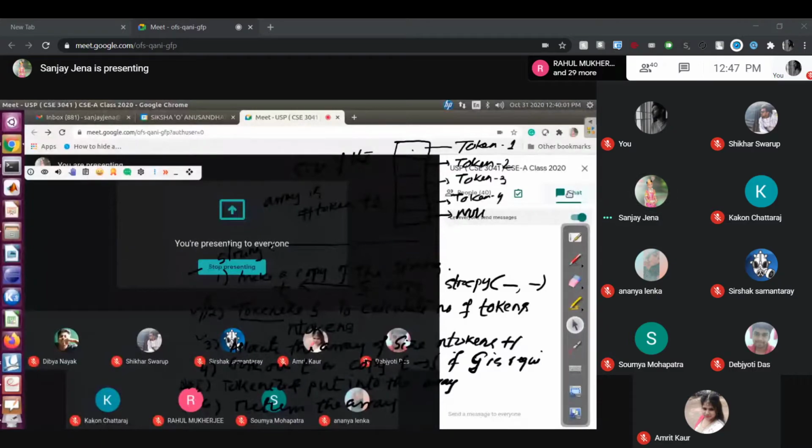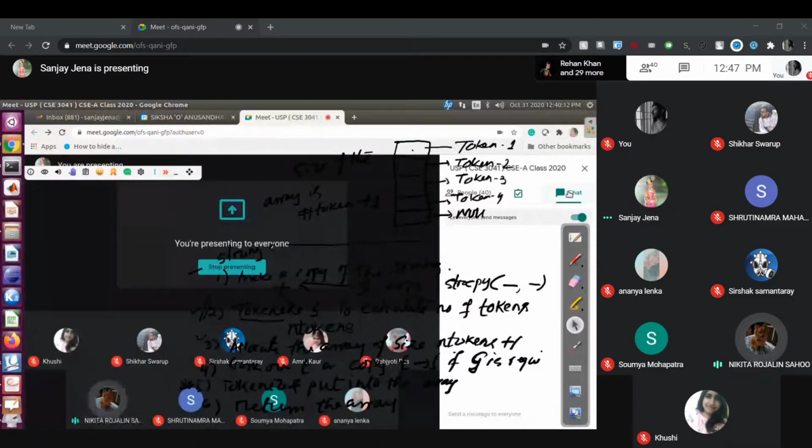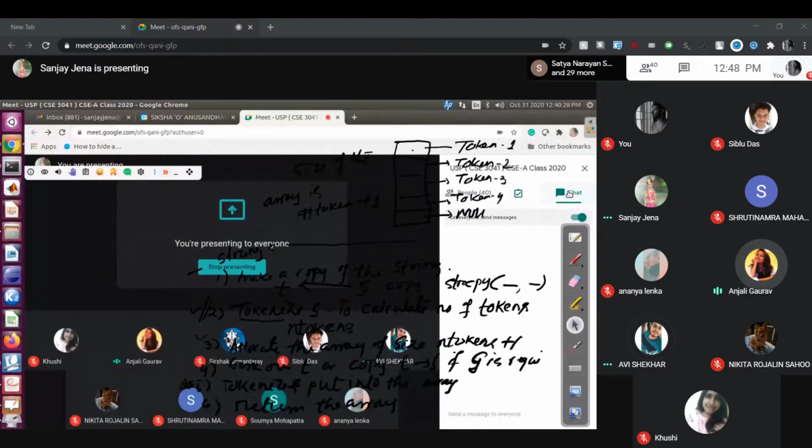Sutilina, present, sir. Khushi, present, sir. Nihar. Nikita, present, sir. Krishna. Siblu left, I forgot. Siblu present, Nikita present, Krishna, yes, sir. Abhi, present, sir. Anjali, present, sir. Priyabrata, present, sir. Nikhil.